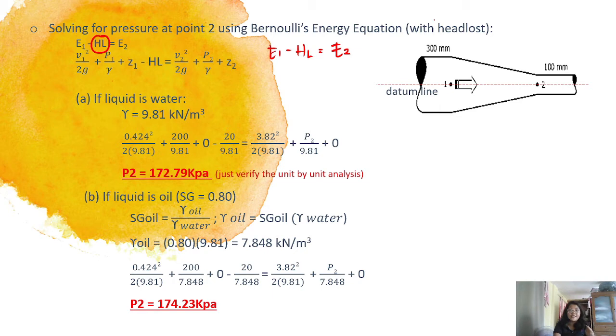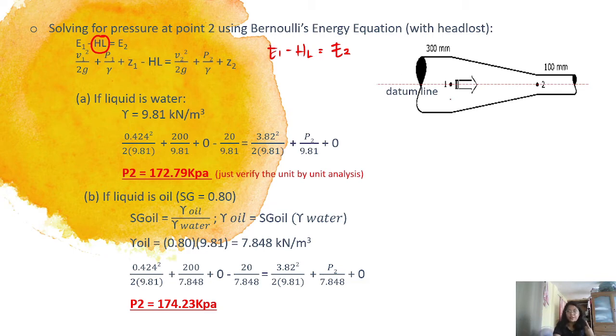Considering head loss by using the Bernoulli's energy equation, in the module and in the lecture, we already derived this formula. So, the velocity at point 1 squared over 2 times acceleration due to gravity plus the pressure at point 1 over the unit weight of the liquid plus Z1. Z1 is the datum line or the difference in elevation, minus head loss. Head loss is what we are looking for,